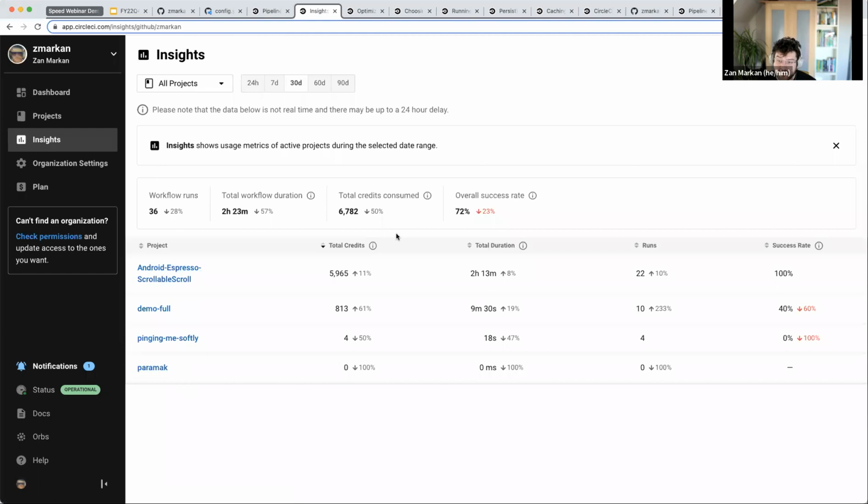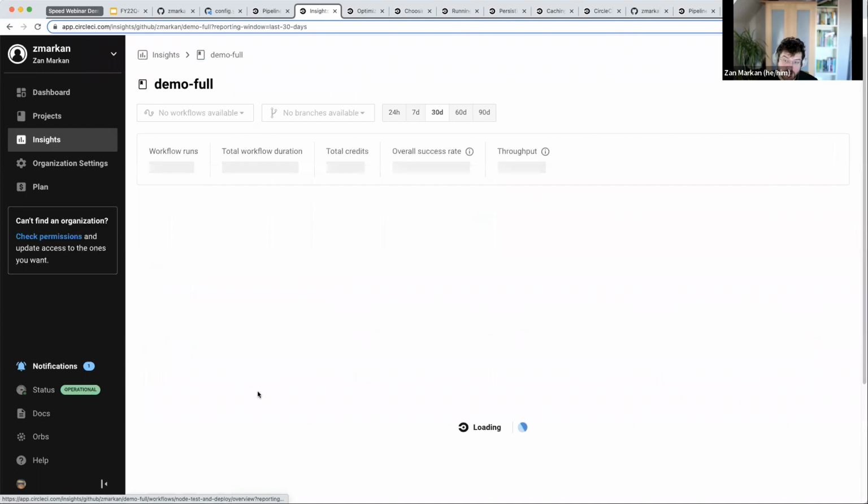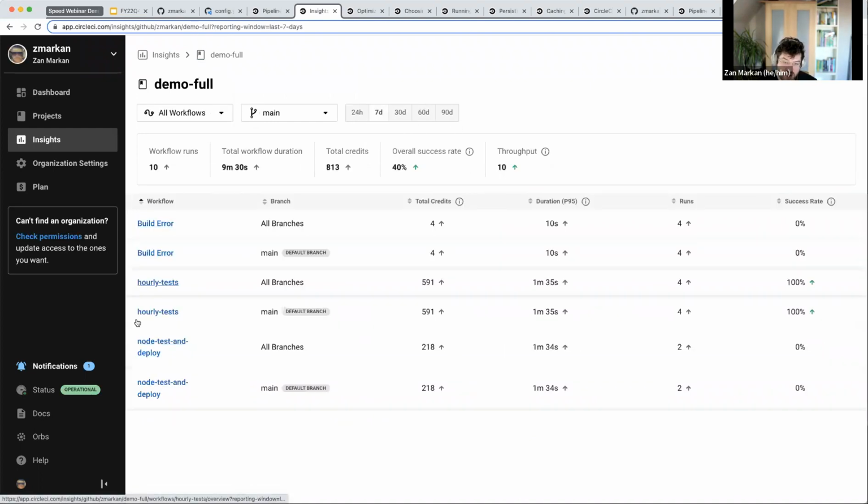And at a glance, you can see things like how successful they are, how quickly or slowly they usually run. So for example, let's look at our demo full project, which runs 7 days. So yeah, in here you see different workflow durations, how successful they are, how many times we are able to ship it per day, for example,